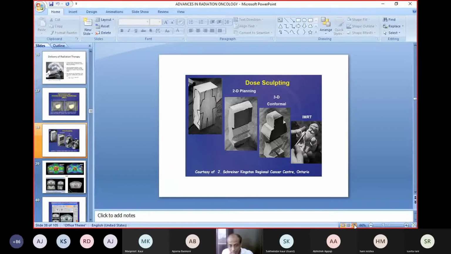Then comes the part of IGRT. IGRT is image guided radiation therapy. That means daily we have to match the image. When radiation starts for a patient, it continues for 1 month or 1.5 months. So every day the patient comes to the machine and lies on the couch. So every day the position may not be the same as what we are expecting on the first day. So daily we take a CT scan on the machine and we match it with the planning CT we have taken on the first day.